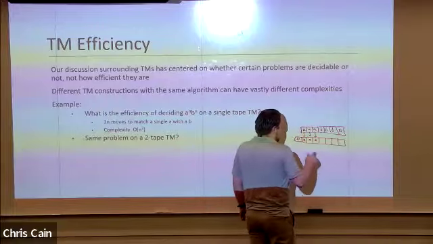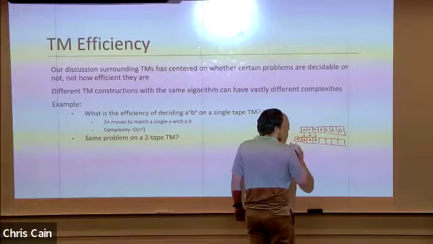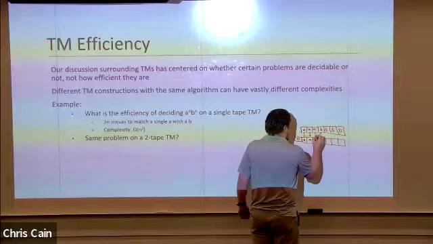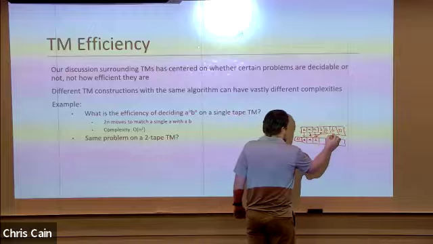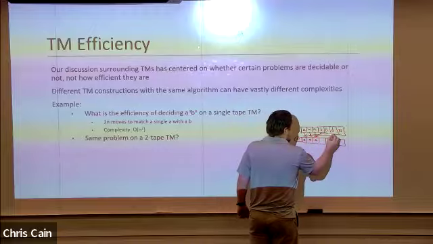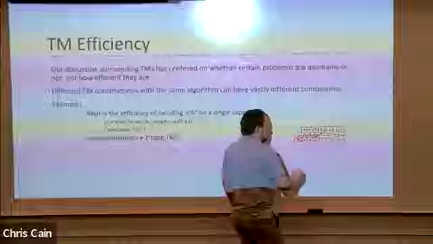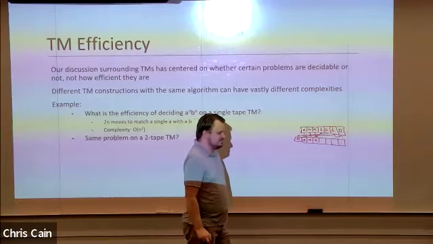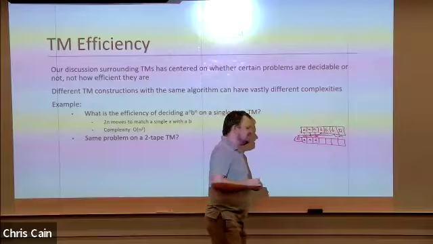I'm going to do something like, all right, when I see this B, I expect to see an A here and nothing else. So this B is going to map with this A. This B is going to map with this A, and this B is going to map with this A. As I move right and see a blank here, I should move left and see a blank here. If I do, then this is the form A to the n, B to the n. Does that make sense? What complexity does that have?